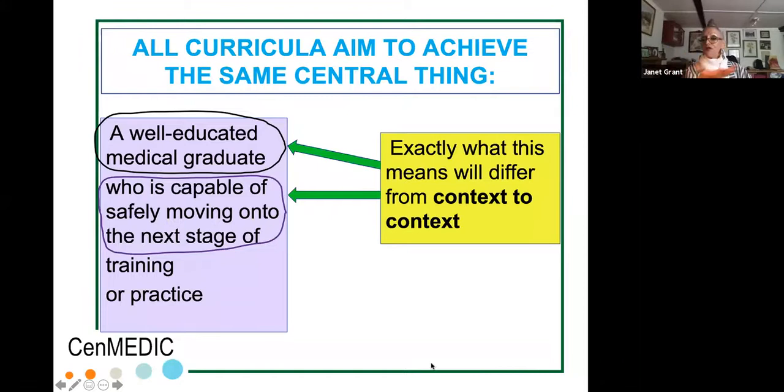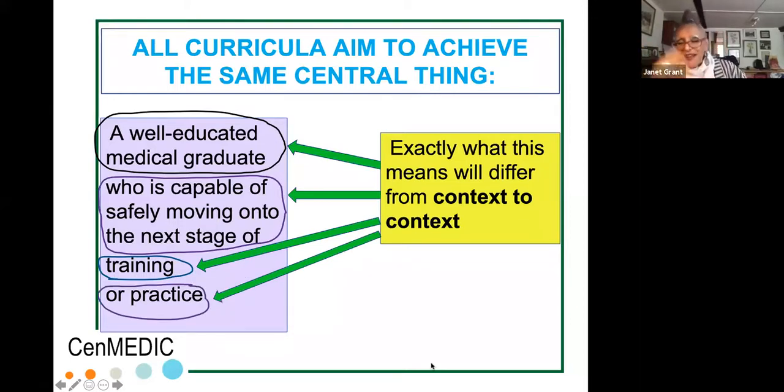They're moving on to, as ours do, a foundation training for postgraduate studies later. Then what is required is something different, because a medical school can have confidence in the supervision and training that the students will get next. So it all depends. If they're going into practice, if when you tip them out of medical school, some of them are going to become general practitioners, you've got a different responsibility. So this means difference in different places, if they're going into practice or if they're going into training and practice.